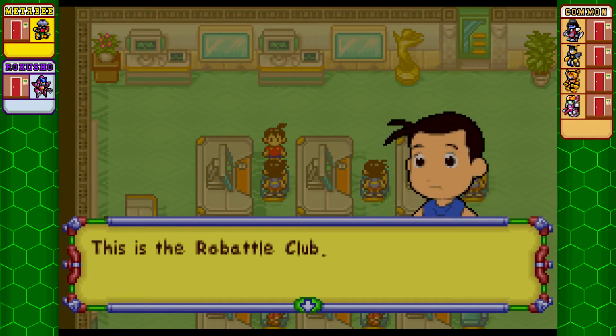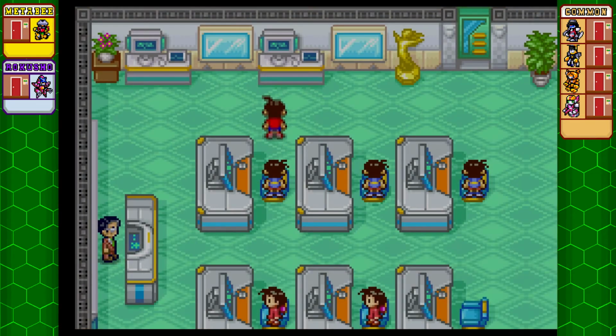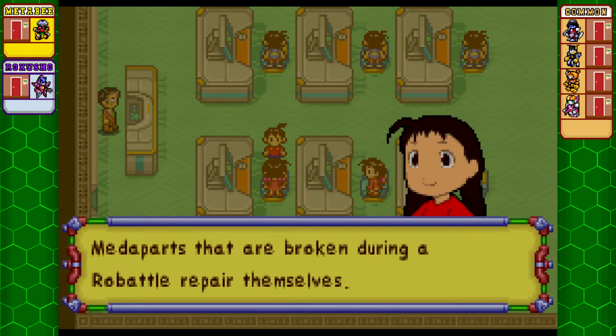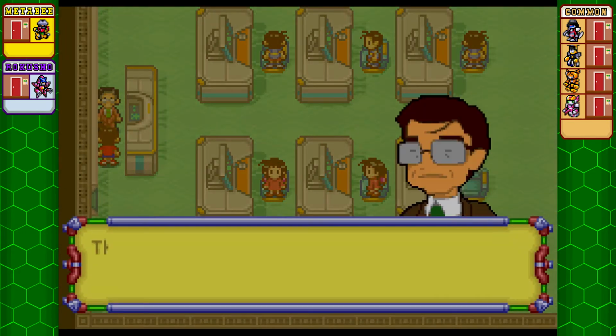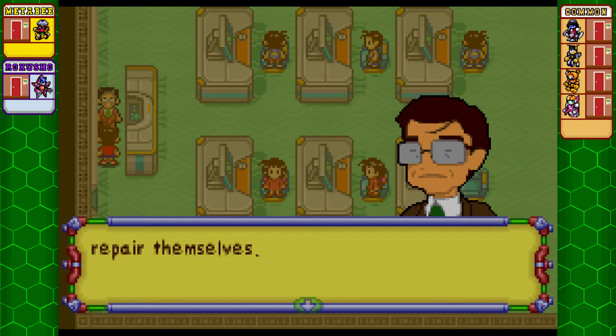This is the Raw Battle Club. We gather to raw battle and exchange info with other metafighters. Metaparts that are broken during a raw battle repair themselves. It's because of their SLAF systems, I heard. The SLAF system uses the nanomachines inserted into metaparts to automatically repair themselves. And nanomachines are...